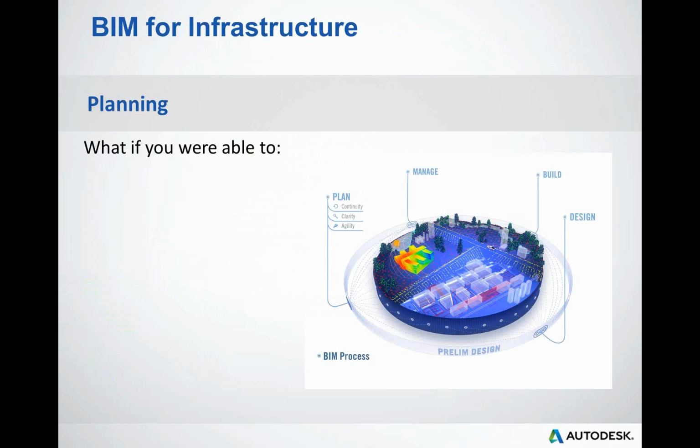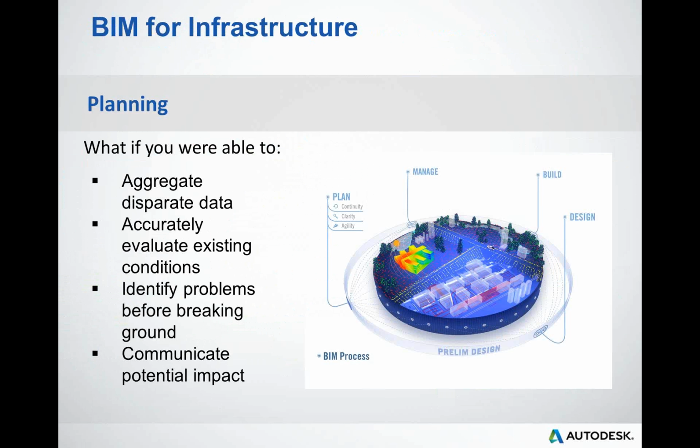So in our planning area, we're going to start with the planning phase here. In this phase, in order to evaluate alternatives, you need to aggregate and collect the data. Most of the time, this is going to come from different folks or different subs. It's probably going to be different coordinate projections, and they're going to be different levels of precision here. So we're going to need to add as much detail as possible so that we can make informed decisions